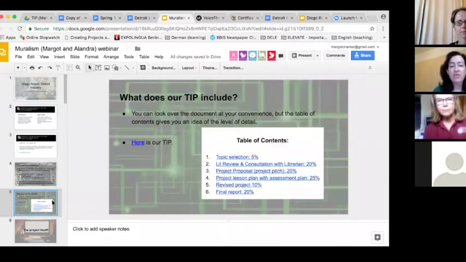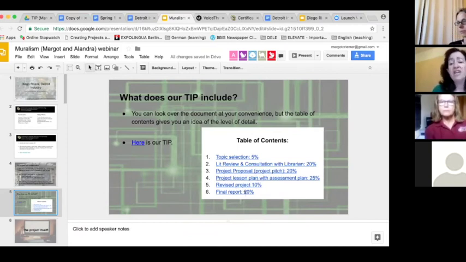We're sharing with you our whole document. As you can see from the table of contents, and all of these links take you right to the specific section of the document. So by attending the webinar today, you're going to hear a lot of what's in the whole thing. But if you decide you really like the project and you want to implement this with your students, then probably what makes most sense for you is to go directly to the project lesson plan later on. And that's the part that you could modify or refer to.